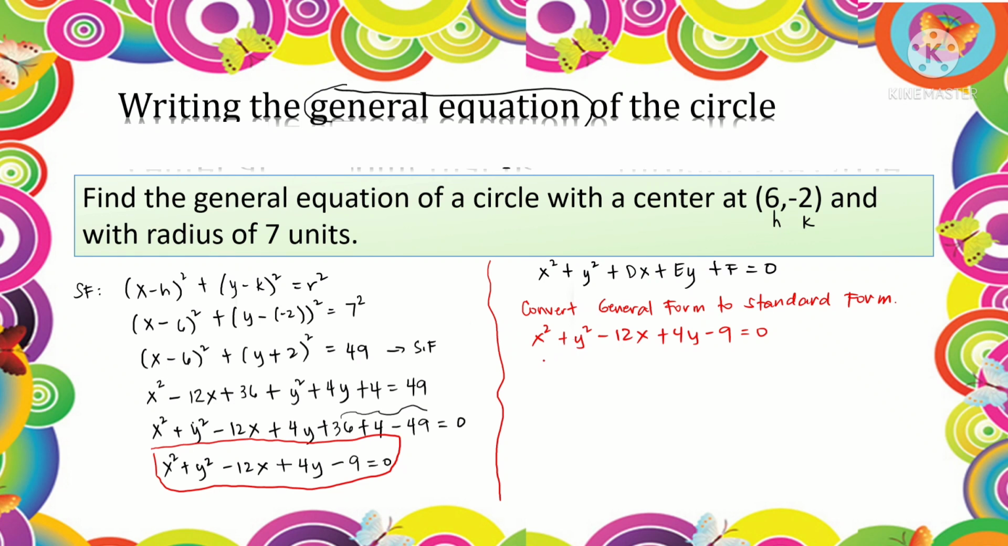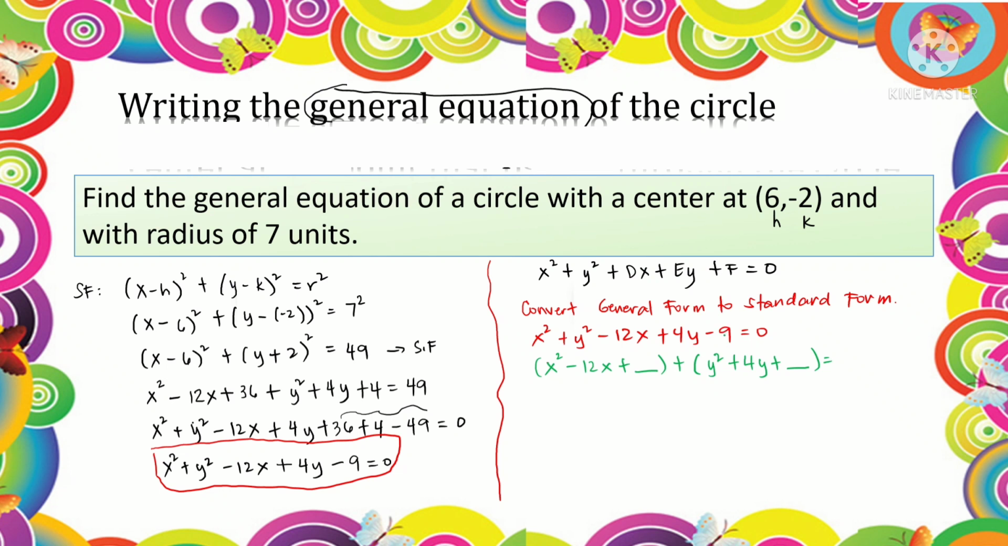Separate all terms with x and with y. So, we have x squared minus 12x plus, let's have another blank here, plus for all y, y squared plus 4y plus another blank here, equals,